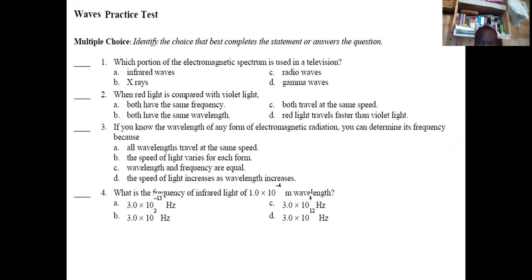Electromagnetic waves are things like the light, visible light that we use to see, things like radio waves that we make use of